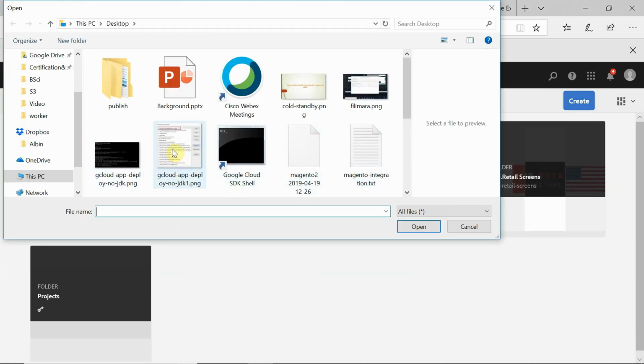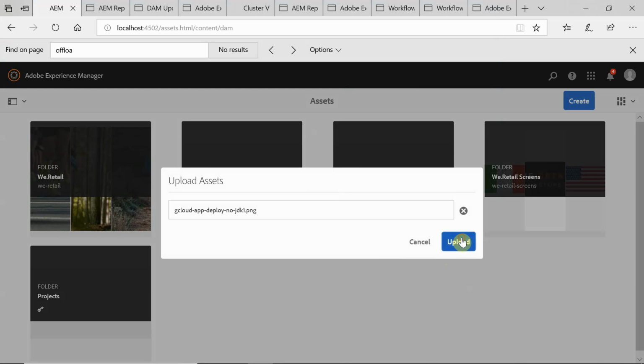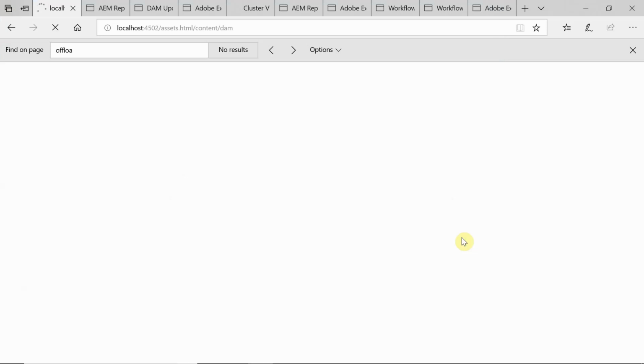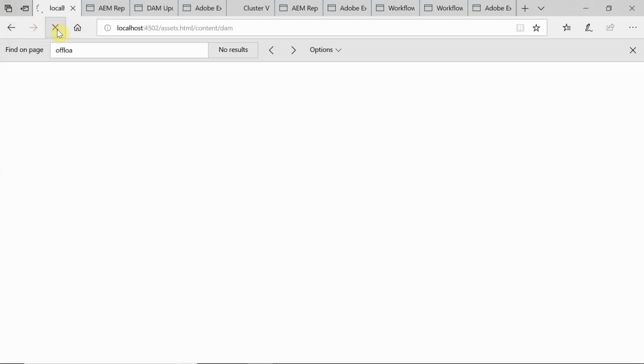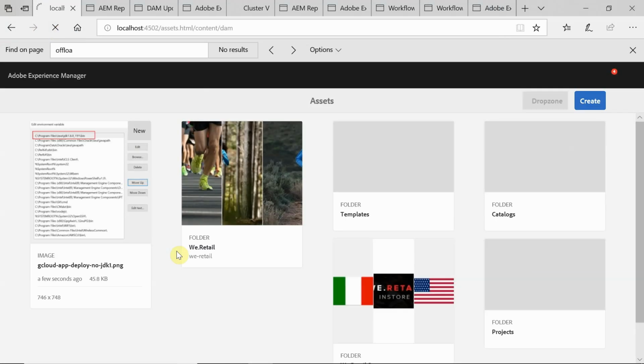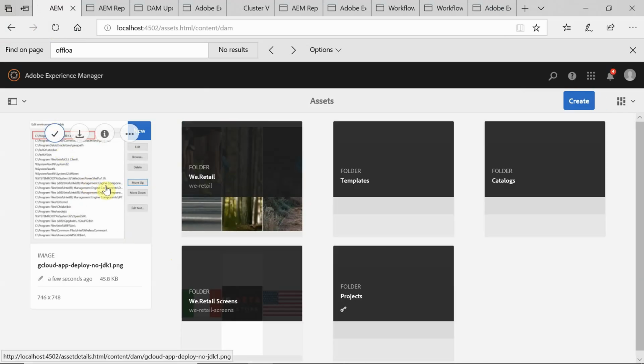Maybe something here. Okay, the image is showing as processing now. Let me refresh. It should be changing. Yeah, so see here, the image is processed and it's showing as new, and even all the details are showing.